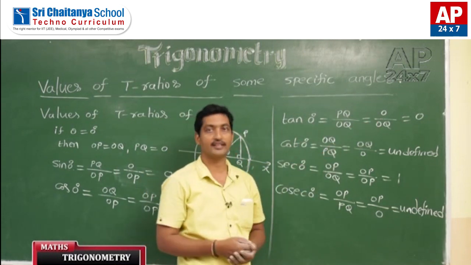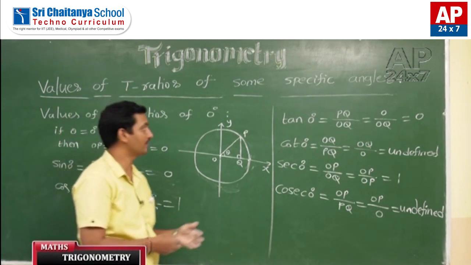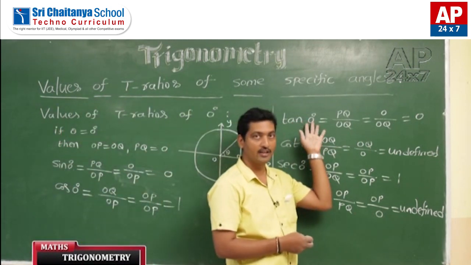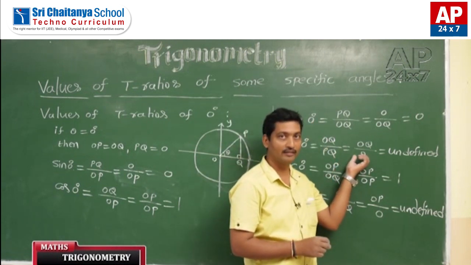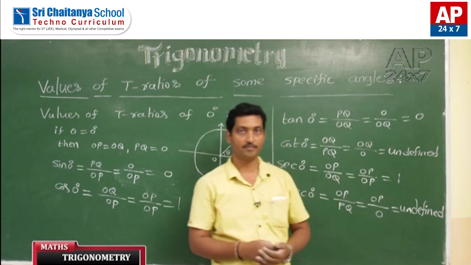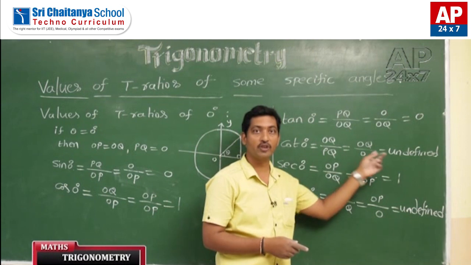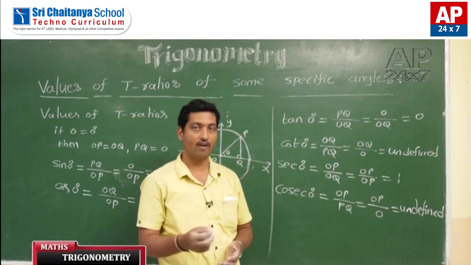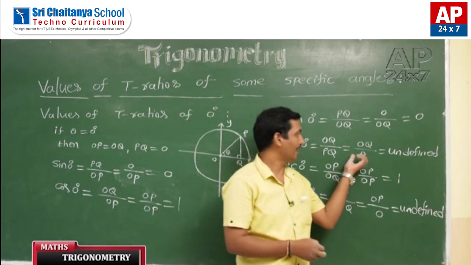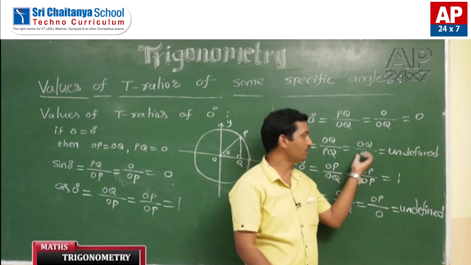And cot 0 degrees. What about cot 0 degrees? Cot 0 degrees is nothing but the reciprocal of tan 0 degrees, 1 by 0. Whenever the denominator is 0, the result is undefined. And one more doubt, that is when we are supposed to write infinite, plus infinite or minus infinite. Here I want to give the clarity. Whenever the denominator is exactly 0, then it is undefined.